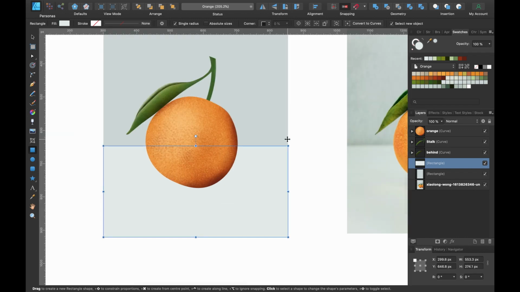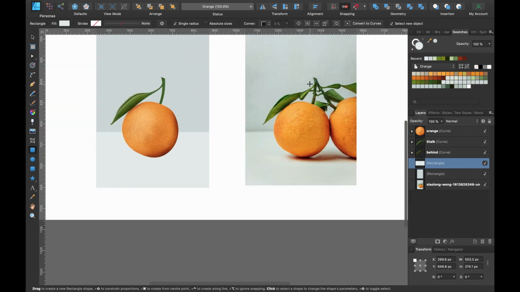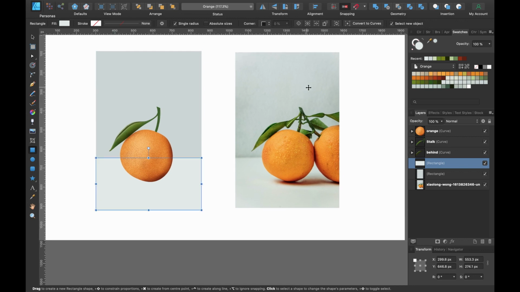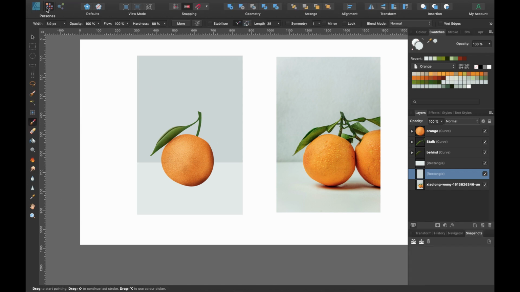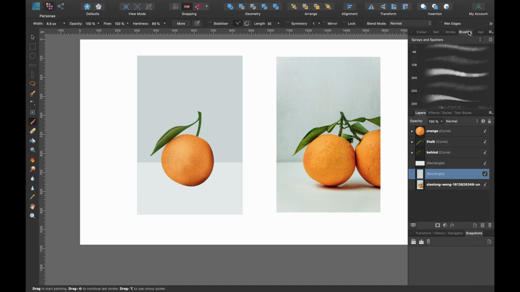Okay, and so for the background, you can see it's got a bit of texture in there as well. Maybe it's like some kind of concrete wall or something painted white. So I'm just going to add a bit of texture to the wall back there. So back into Pixel Persona, click on the paintbrush, choose your brush. I think I'll go with the big one this time, airbrush. Let's choose a color as well.